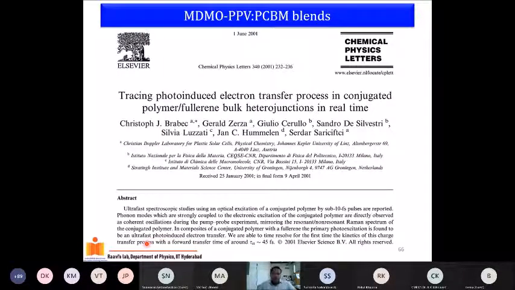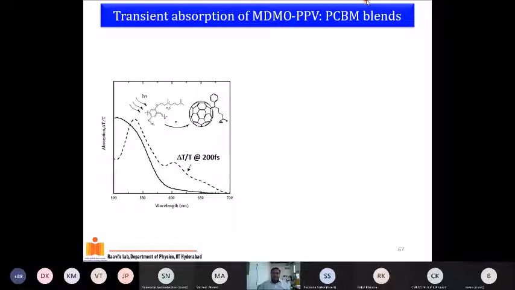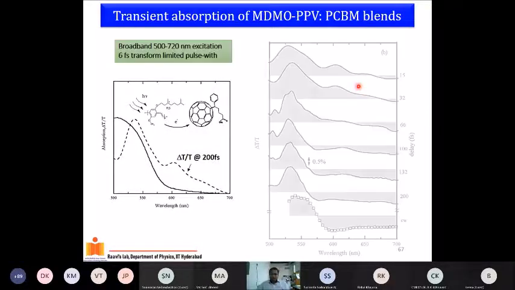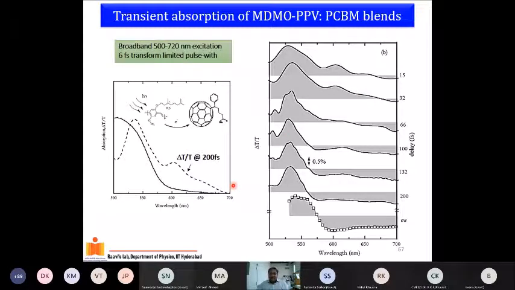Okay, so one of the earliest experiments to exploit this pump-probe is in 2001, by this group, Giulio Cerullo and Sariciftci. Now this is the first paper which says how fast the electron injection happens from a P3HT, from a polymer fullerene blend. In fact, this experiment tells you that the injection is happening within the injection. If you look at this data, this is the photoinduced absorption band which is here, and it is decaying with time, as you see here. As I mentioned, those who are not in the field, don't worry about this positive signal, negative signal.